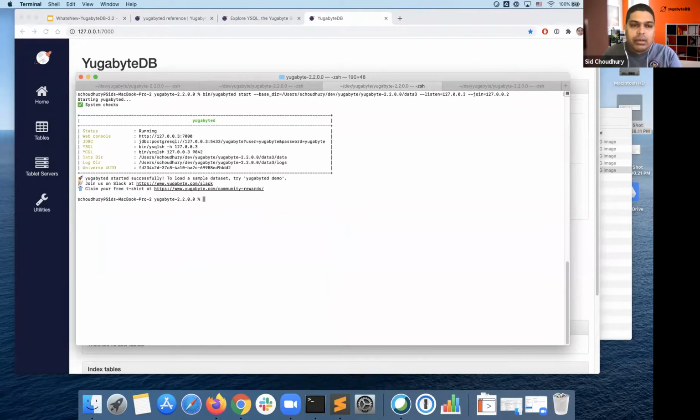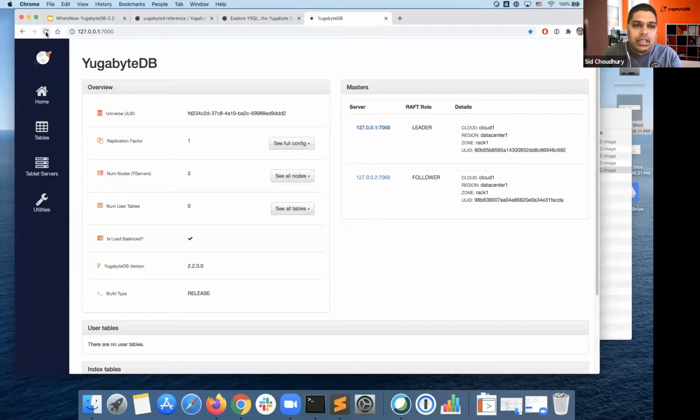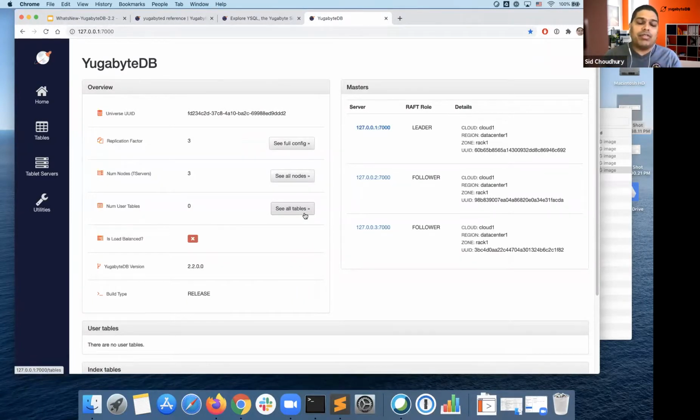So another node came up, and now if you see, voila, what has happened here is the cluster knows now that it has moved away from a replication factor 1 cluster to a replication factor 3 cluster, because it has now 3 independent fault domains to work with. More intelligence in the software so that you don't have to do the hard work.